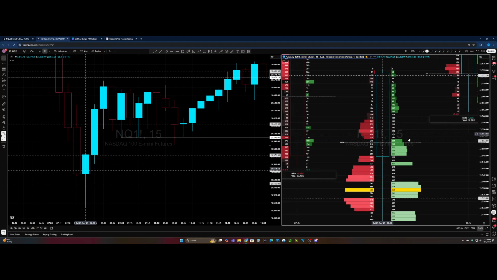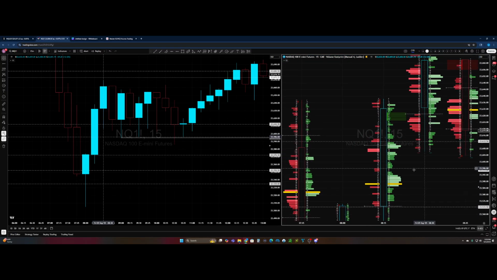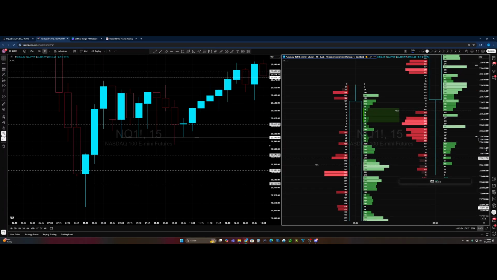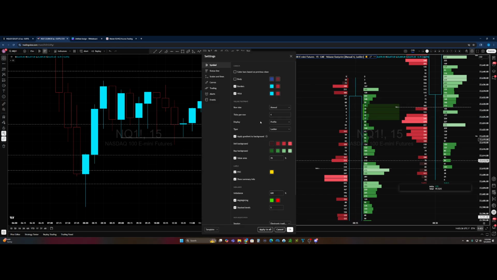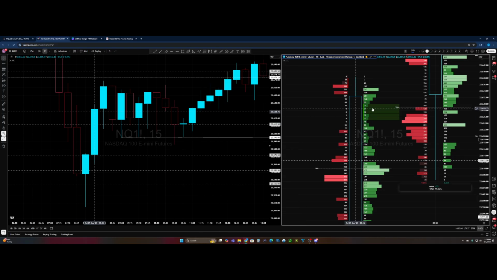Okay, there's that. Now, another feature of this chart, you're able to show a visual representation of multiple imbalances stacked back to back to back. In my case, my setting is stacked levels right here at 5. So if there are 5 or more stacked imbalances clustered together, it's going to create this sort of